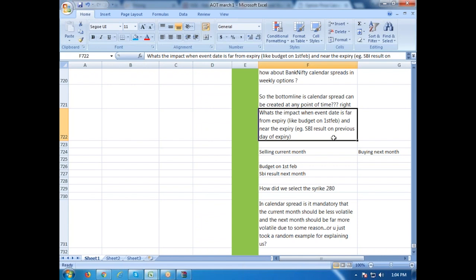Budget is on 1st of April and SPA result is in the middle of the month, middle of next month. That budget is on the 1st day of the next month. An event which is on the 1st day of the next month, then it is for sure the volatility of the next month will not go at all down. So you should be a net buyer in the volatility in that month. One. And about selling the volatility in the current month,